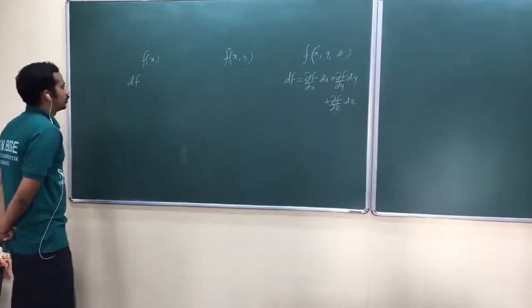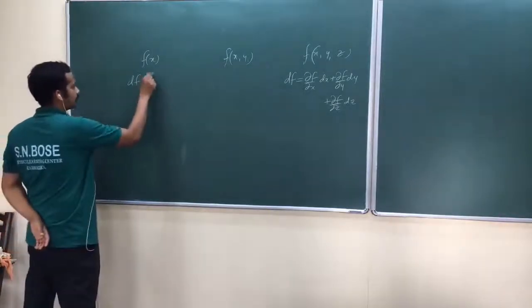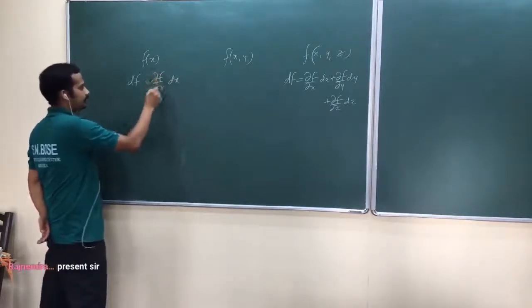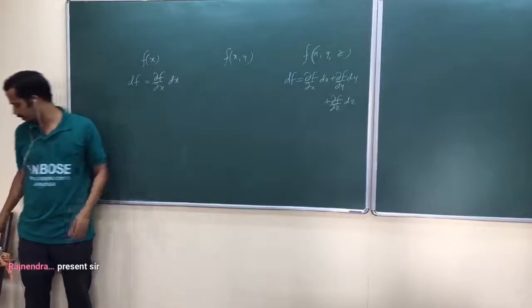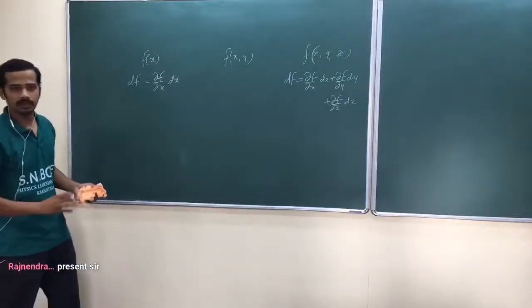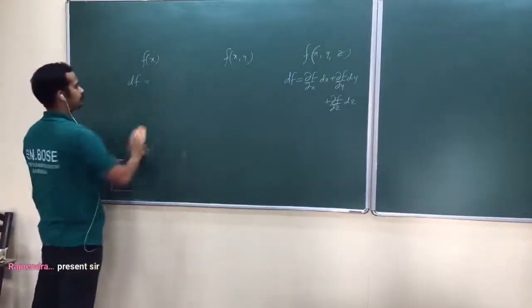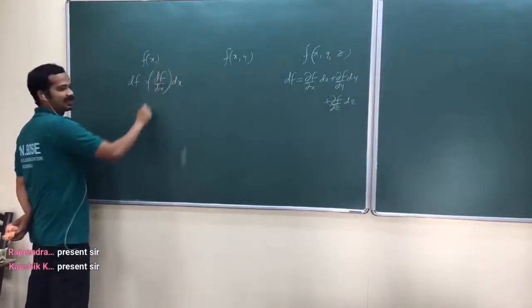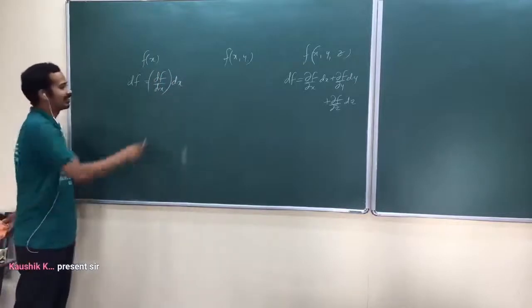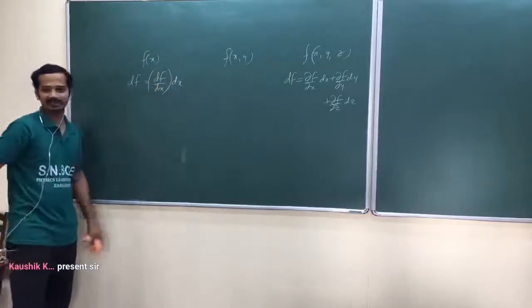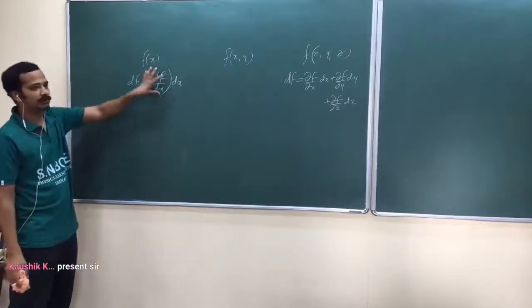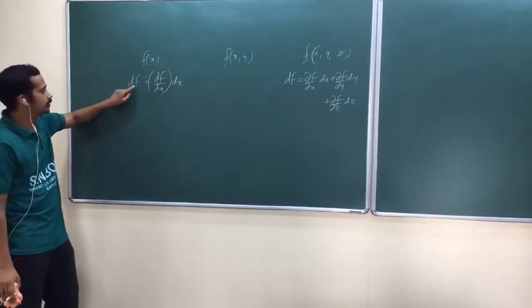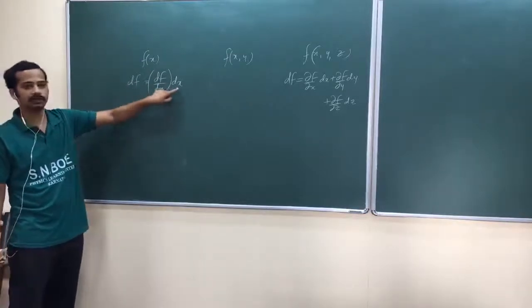Ordinarily. So now this df is equal to, how do you write it for one variable? Something like ∂f/∂x into dx, am I right? But this partial derivative doesn't have any meaning because it is a function of only one variable. That's why you better write df/dx into dx. Now look at what I have written: this is a kind of slope. This derivative talks about the change in f when there is a change in x.